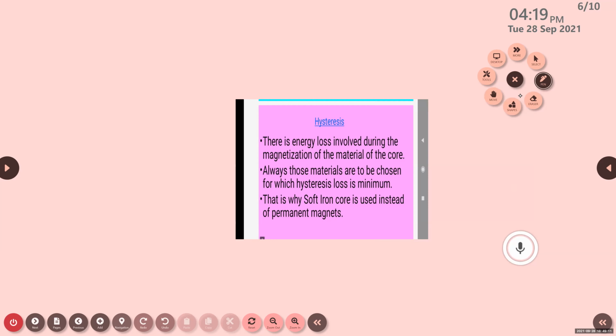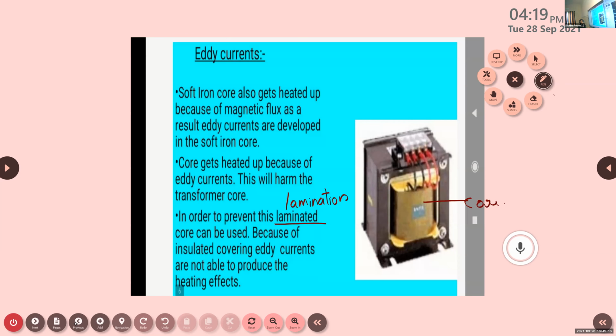But here, the energy loss occurs in the transformer due to these eddy currents in the form of heat. The currents that are developed in transformers are of eddy current nature, just like ripples of water, eddies of water. As a result of this eddy current, the energy loss occurs in the form of heat. In order to prevent that energy loss, we need to laminate the inner core. If we laminate the inner core, we can prevent the energy loss in the form of heat.